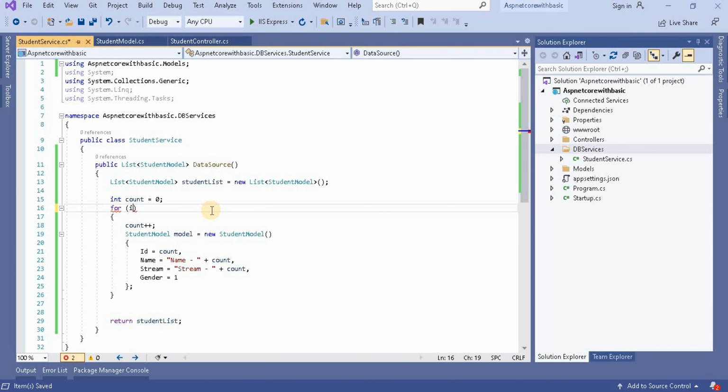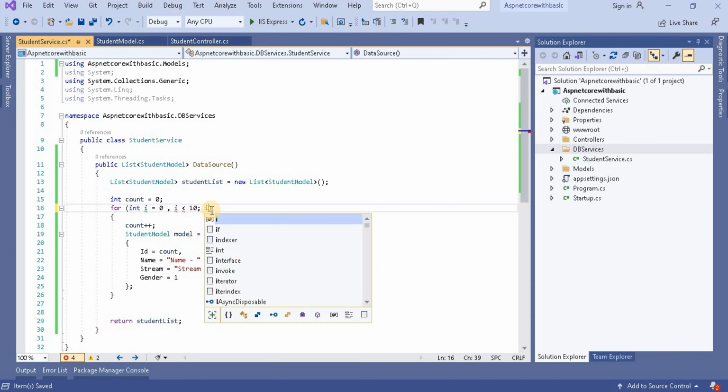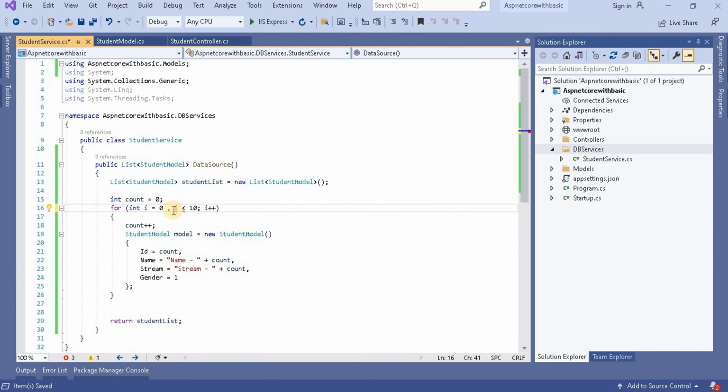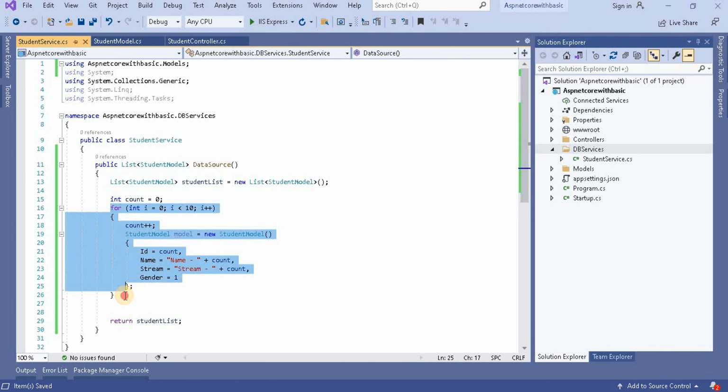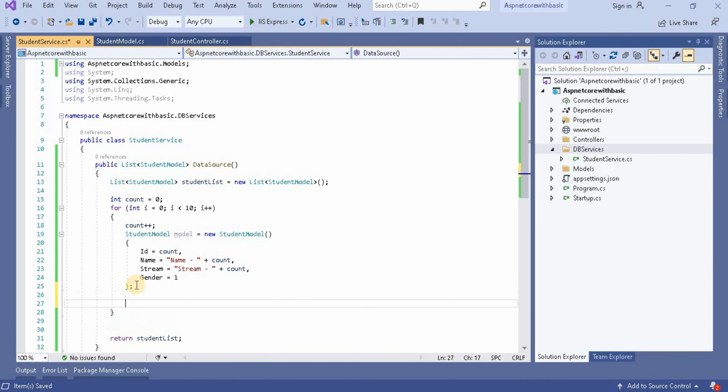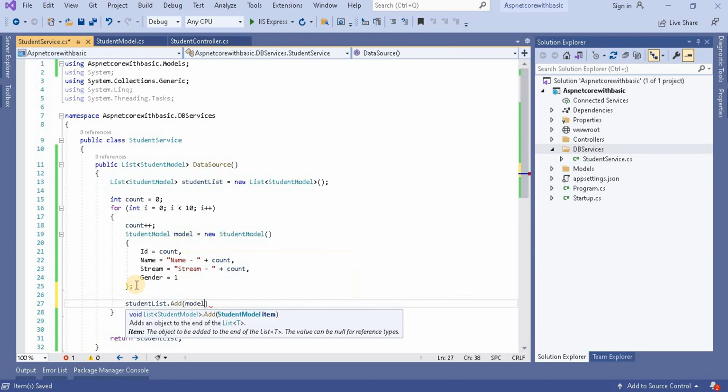It's not foreach, because foreach is used on a collection, so I is less than 10 and I plus plus. I'm making a loop to create the data, and inside it I will call dot Add and add the model.